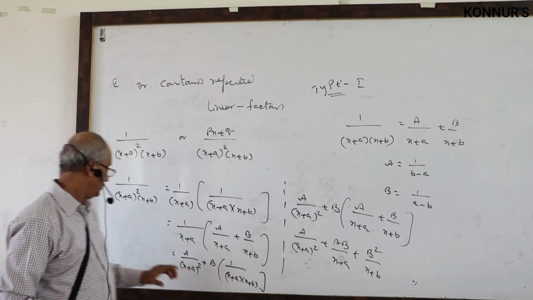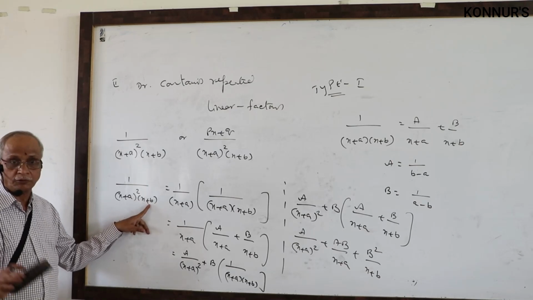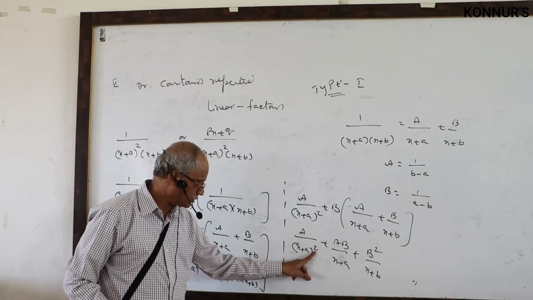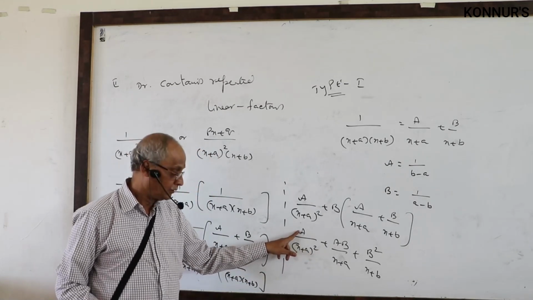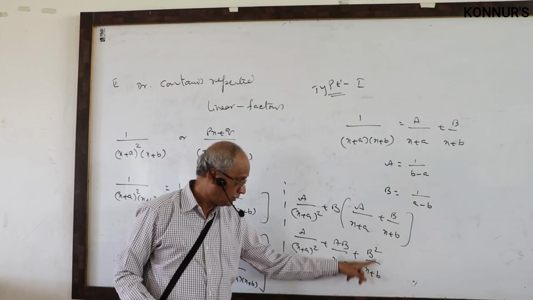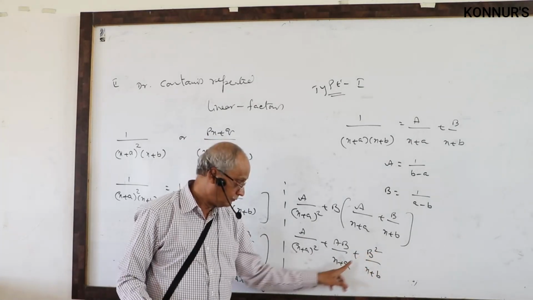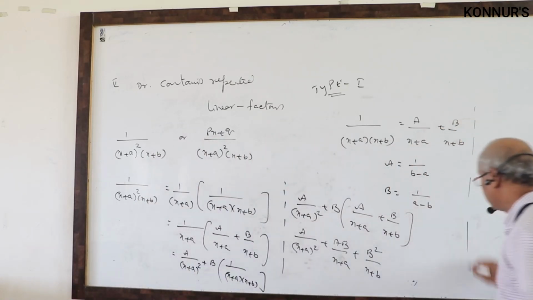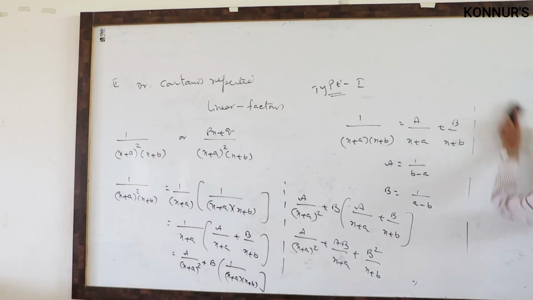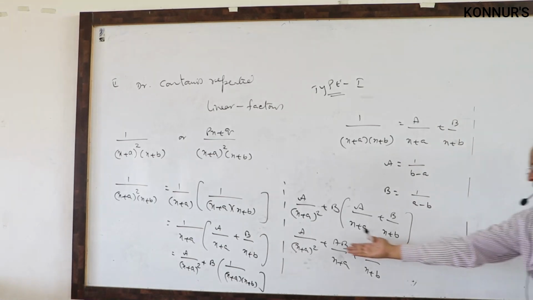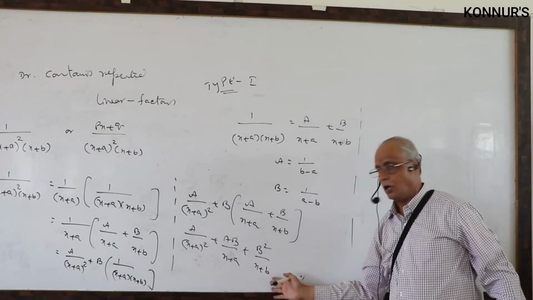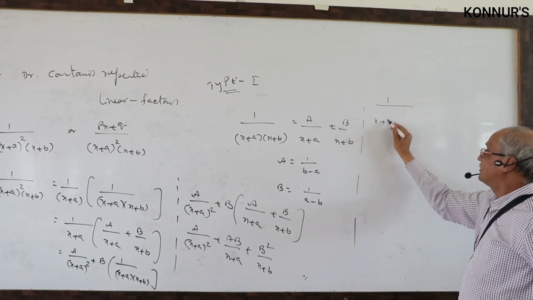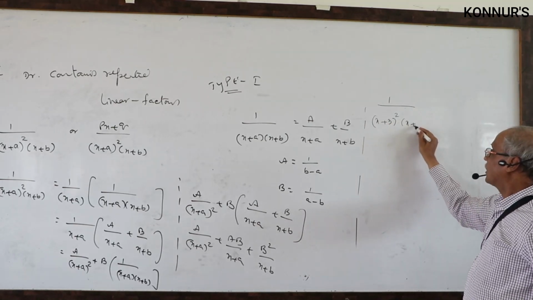How can we remember? One idea I will tell you. Whole square, without whole square. Whenever there is a whole square, you have to repeat it 2 times. When you repeat the whole square, one number. When there is no whole square, this number has a square. One linear factor, both of them multiply. Now I want to answer for the first partial fractions only. Integration is not difficult. Next you will write the answer only, minus 1 by x, log. That is not difficult.